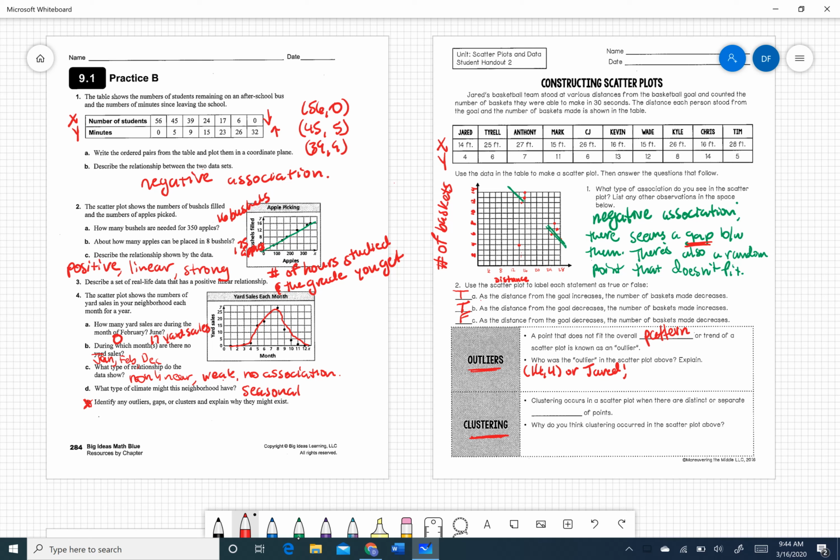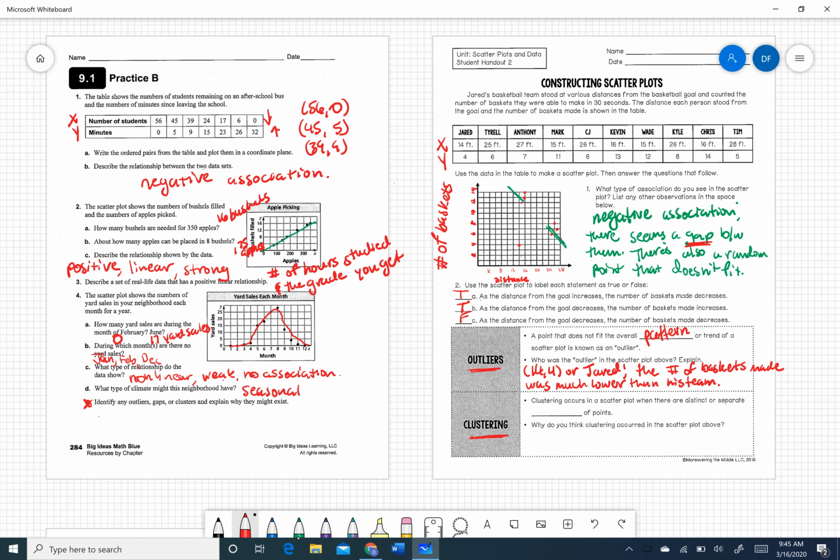So we can explain this by saying the number of baskets made was much lower than his team, right? So Jared, who was at a distance of 14 feet and only made 4 baskets, is our outlier for our data. Okay, so we also have these things called clusters,